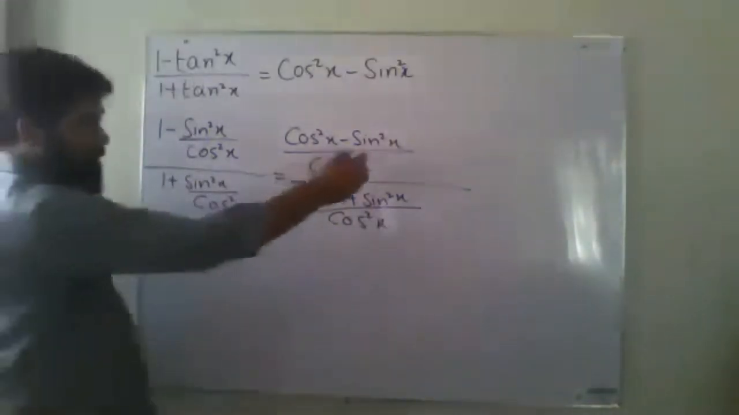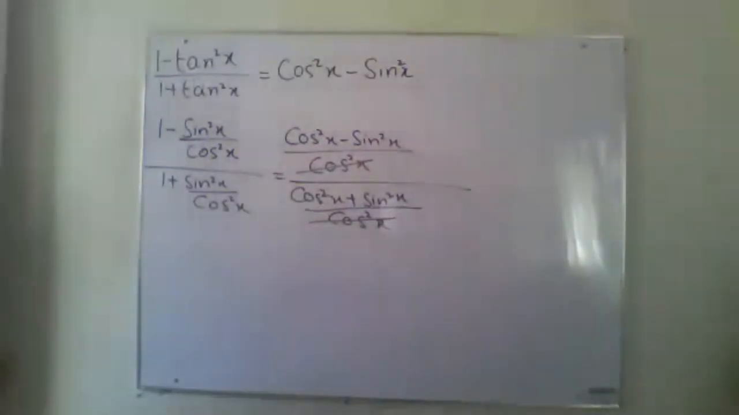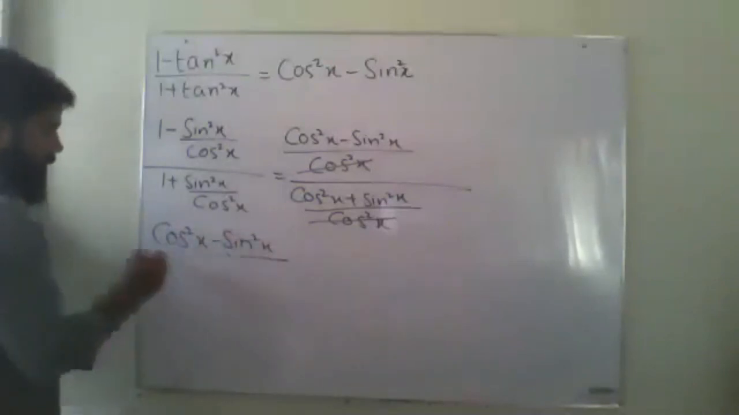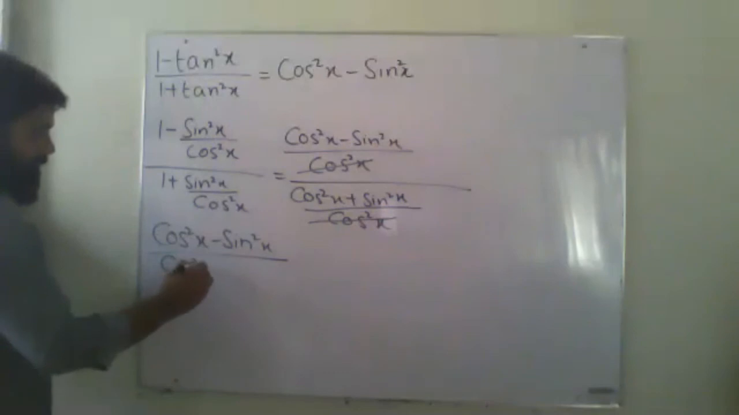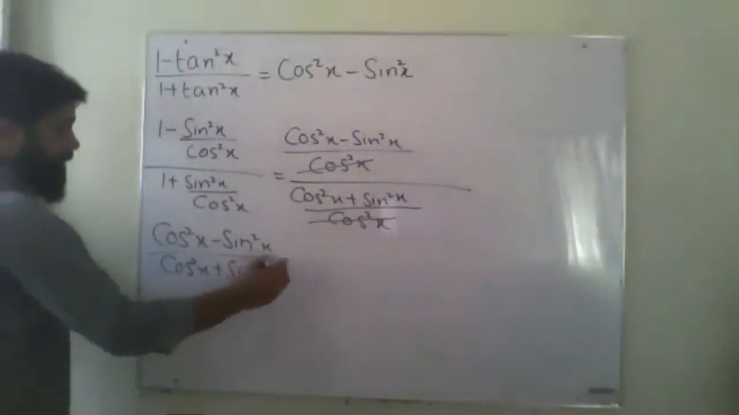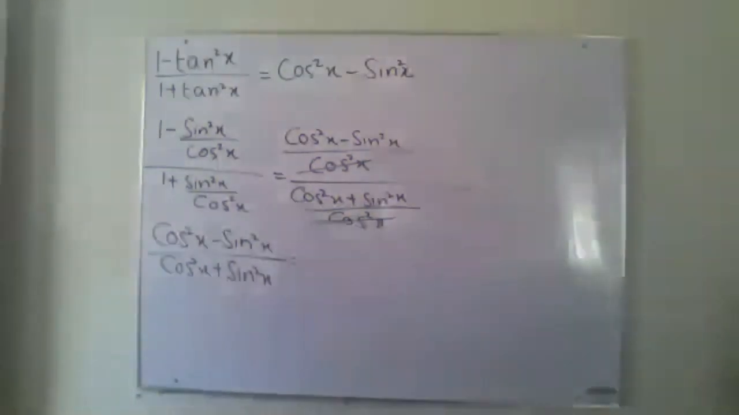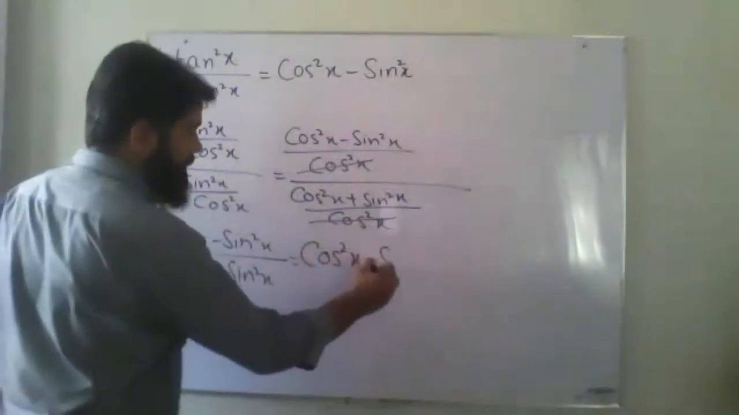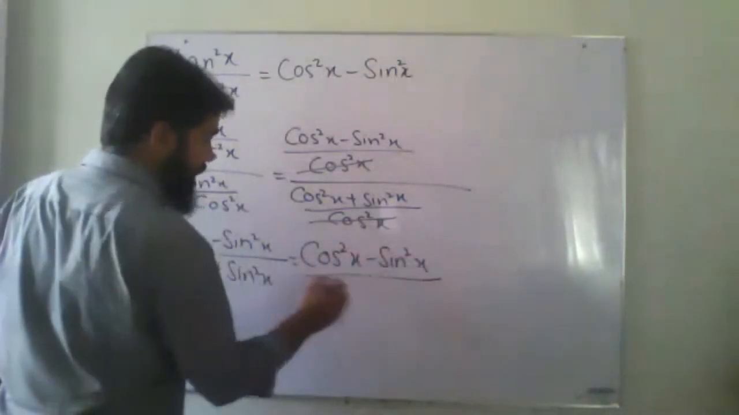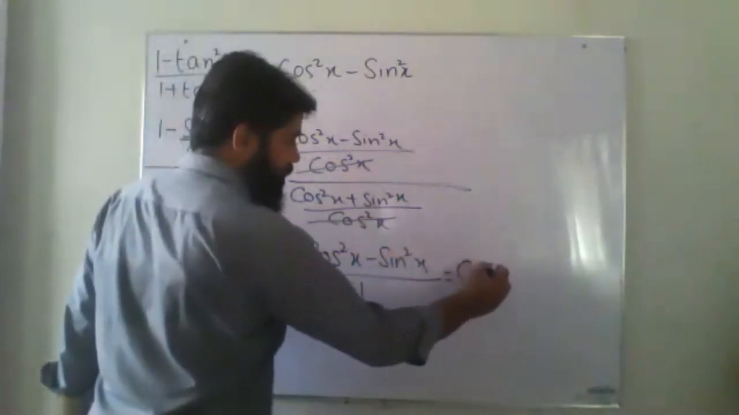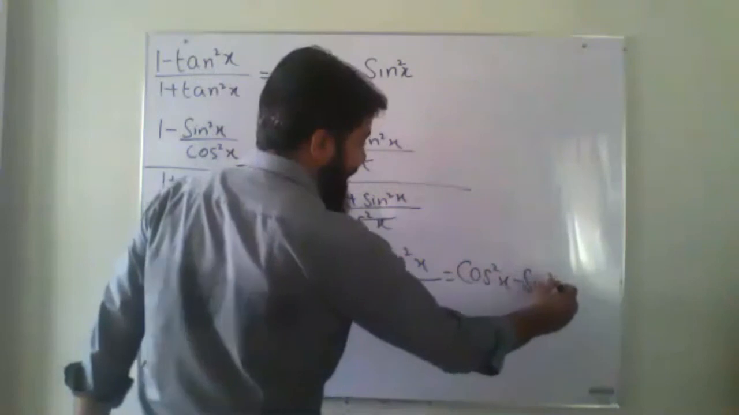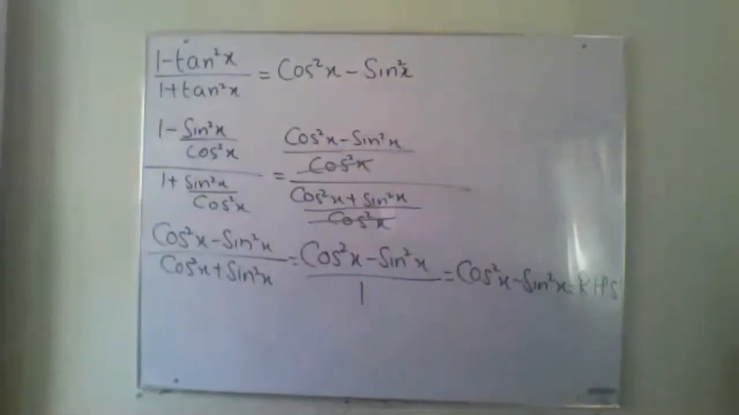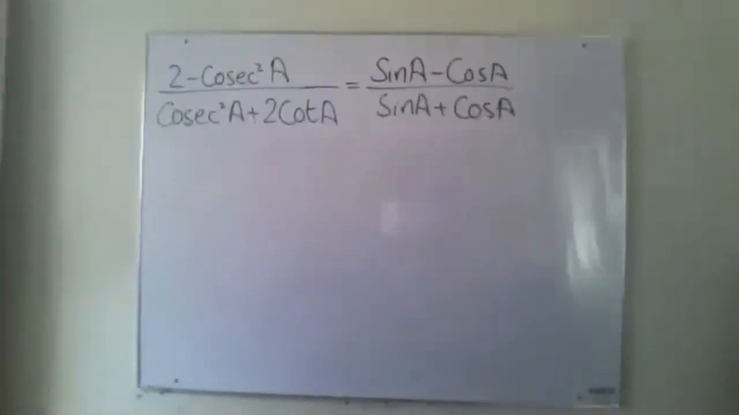Okay, after this you can see cos square x and cos square x can be cancelled, and cos square x minus sine square x over cos square x plus sine square x will be there. We know that cos square x plus sine square x is equal to 1. So what will remain? Cos square x minus sine square x over 1, which is equal to cos square x minus sine square x, and that is my right hand side which I was supposed to get. Okay, beta. So how we are going to